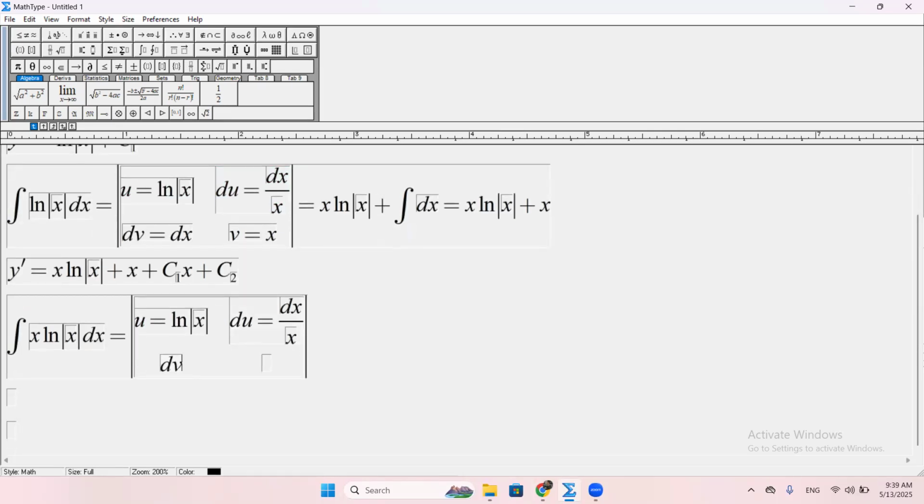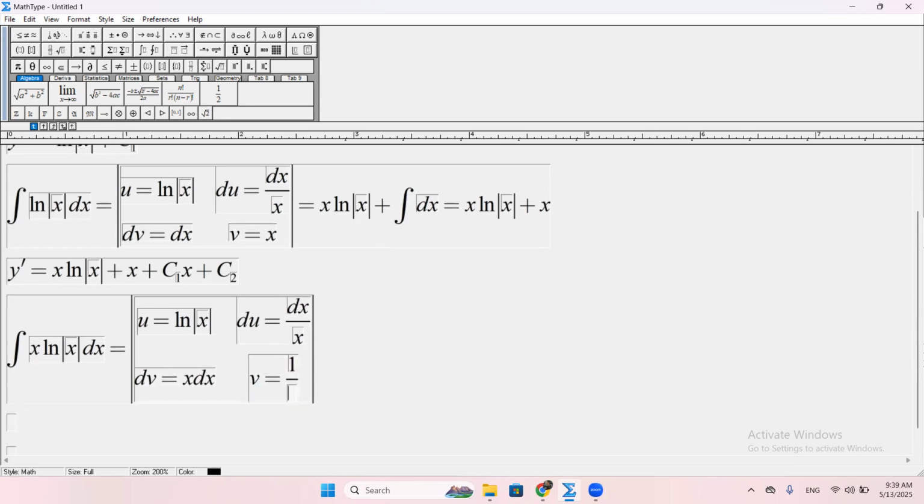Then dv equals x dx, and v equals 1 over 2 x square. So we get 1 over 2 x square logarithm of module x